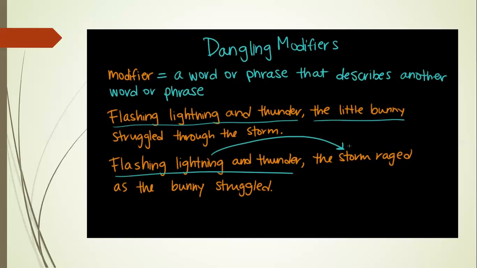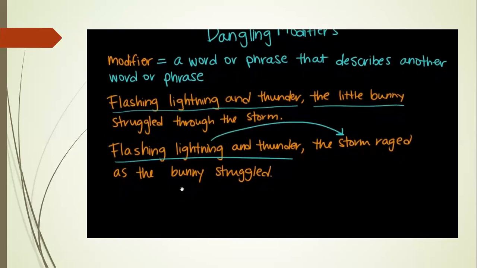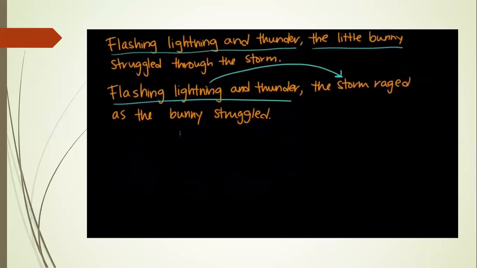So if you're doing editing or looking at a sentence, see if you can spot what it is that the modifier is supposed to be describing, and then just make sure that noun or phrase comes right after the modifier. Right, like in this example, we had to pretty much completely rewrite the sentence. It still gets across the same idea, but we had to put the nouns in a different order so the